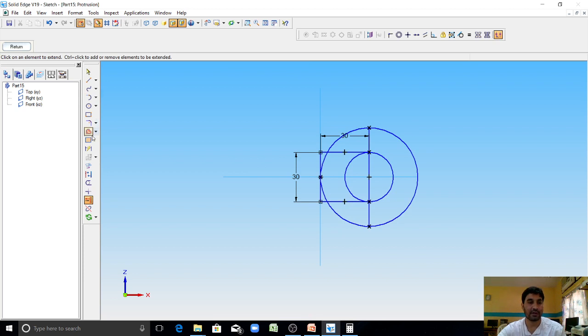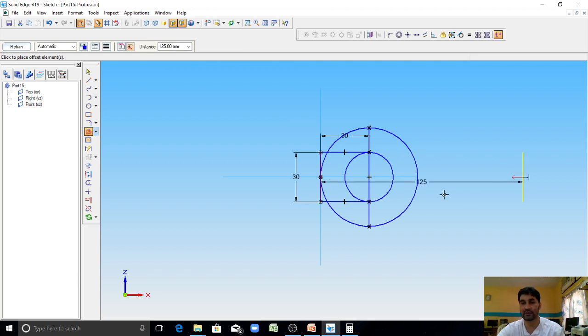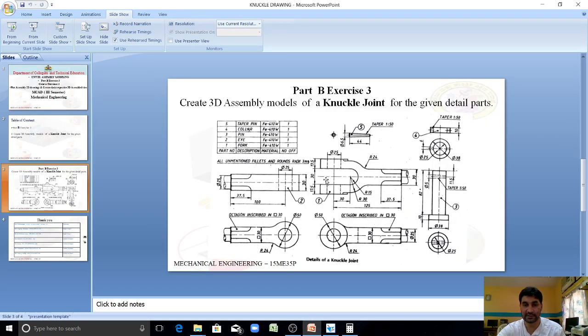Now using offset command, make it a single, select this line, offset this line to a distance of 125 mm. You can see here this distance from this center to this end is 125 mm.